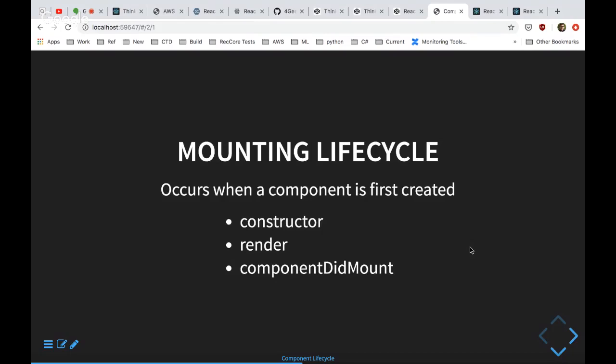And then the last step of this, and what's interesting about it is that it's not really officially a step in the mounting lifecycle, is when render has been called, but the component isn't actually in the DOM yet. So React calls all these lifecycle methods, but it hasn't put that content into the DOM somewhere. It's got back what it needs, but until it's finished with all of these renders and it's got what it needs for everything, it doesn't add it to the DOM.